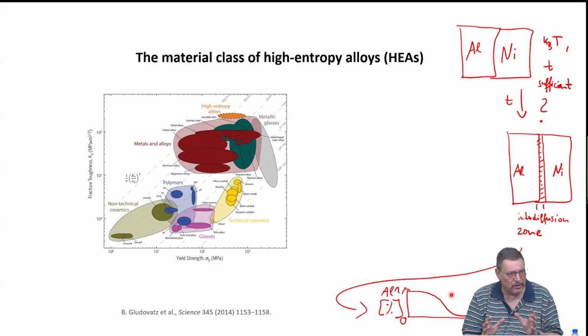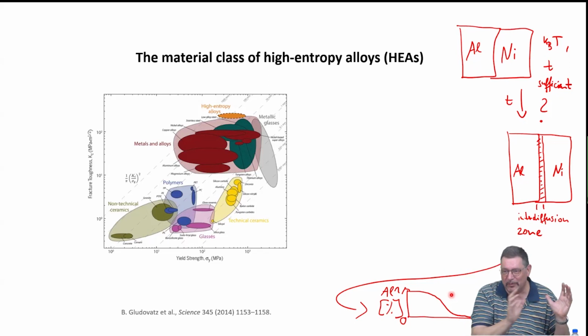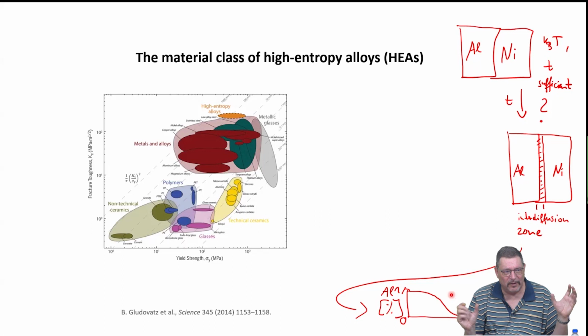Because that sluggish diffusion means the self-diffusivities are slow. They are supposed to be slow. And I will show you that this is not the case. So all the literature on this is actually wrong. But interdiffusivities can be reduced because of different binding energies to the vacancies. But it really depends on proper selection of your question. Like, is it slow for this particular element within the 5-6 constituents of the alloy or not?